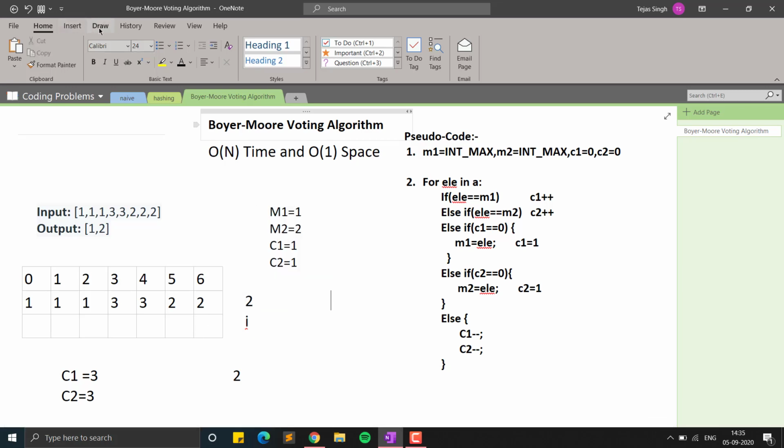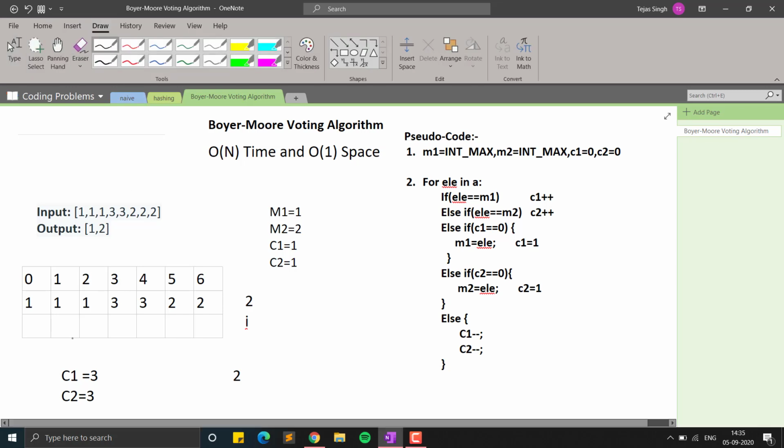So basically the intuition behind this algorithm is like the previous algorithm. So if you haven't understood that algorithm, you won't be able to understand this. So actually in this you can see we form particular windows, you can say, and then for every window, every minority element, you can see that 3 will cancel out the majority element. So once the majority element is cancelled out by minority elements, that means the minority element has ended.